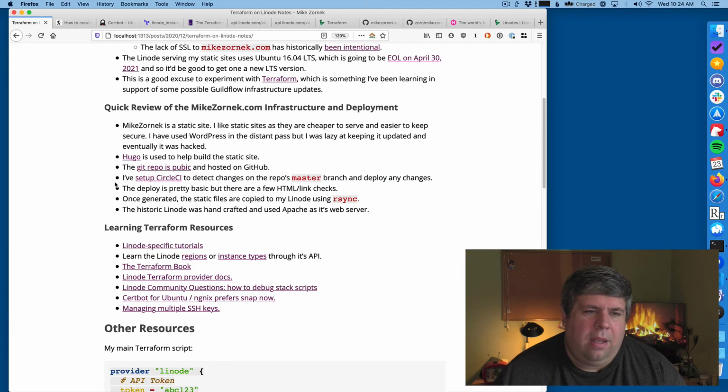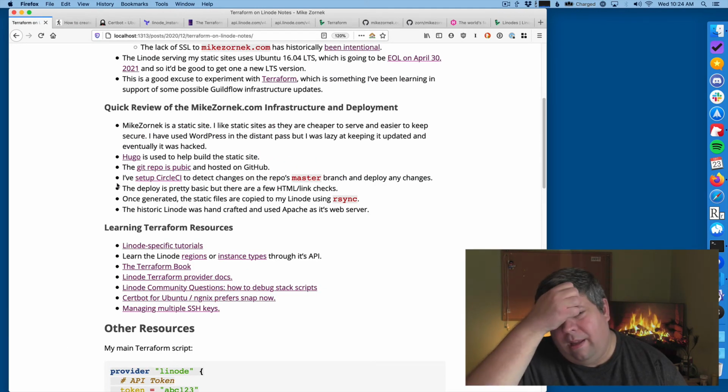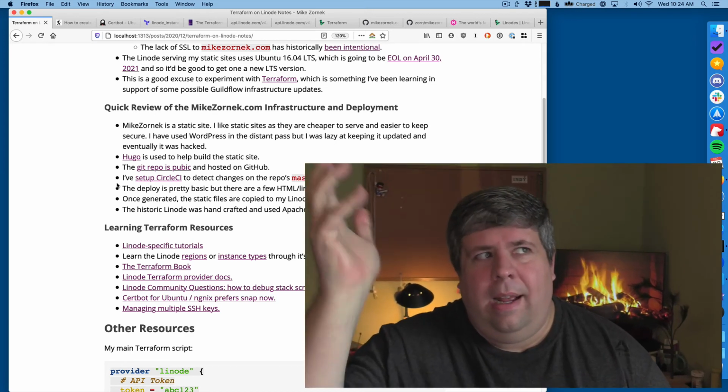The only other thing I would bring up is that I did Terraform, and then I updated my Circle CI stuff to point to the new machine. That took a little bit of work because you have to do some sharing of SSH keys so a Circle CI deployment can actively access the Linode instance.